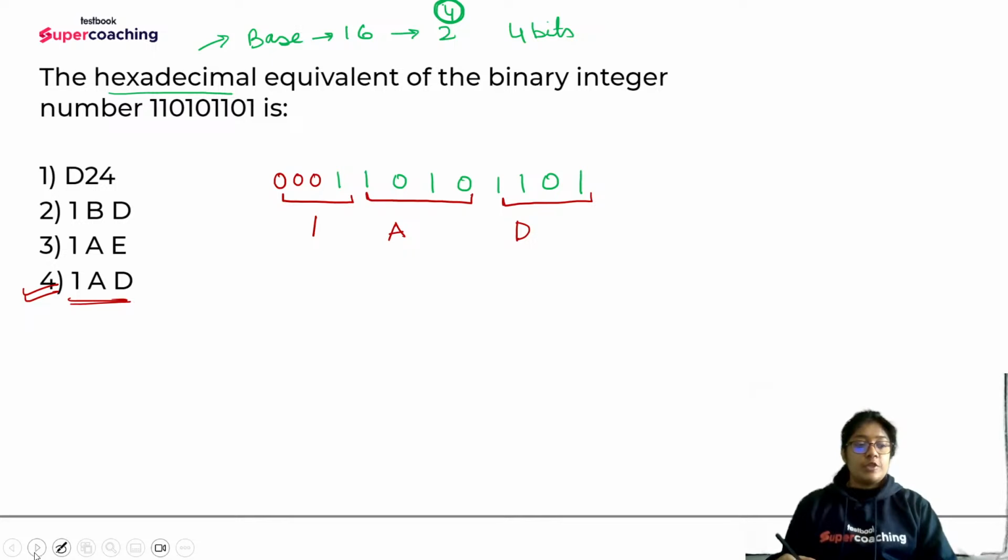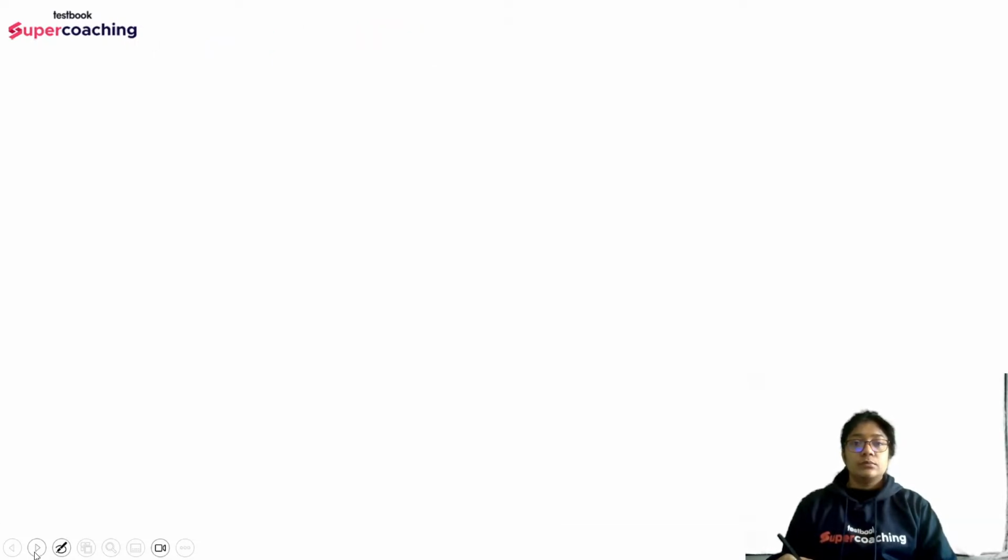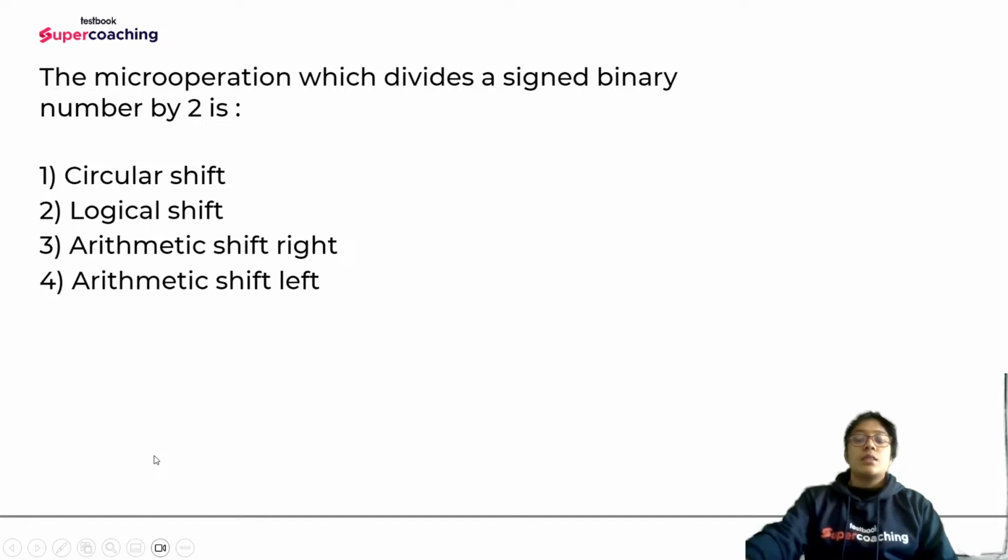Comfortable? Next one. The micro operation which divides a signed binary number by 2. कौन सा नंबर है कौन सा इनमें से अप्रोच है, कौन सा शिफ्ट है जो आपको साइंड बाइनरी नंबर देगा? साइंड बाइनरी नंबर।